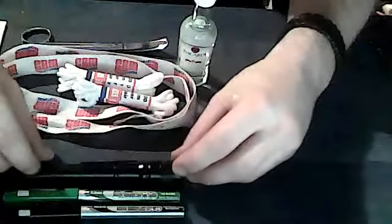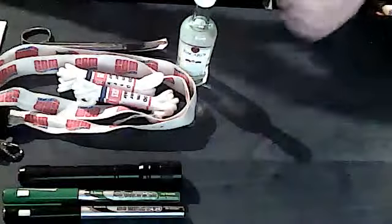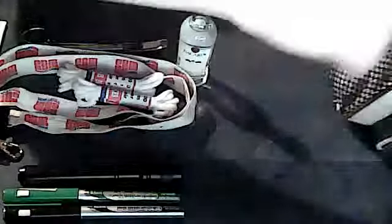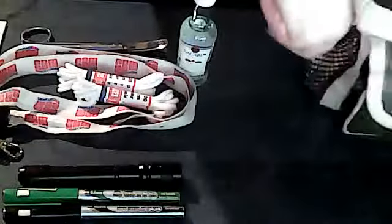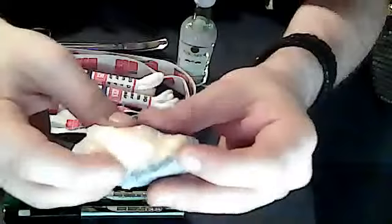AAA, which is good because I talked about my survival bug out bag, bug out belt, everything in there is AAA. And I use lithium batteries because I hear they're the way to go. And also a tiny piece of sponge in a little biodegradable baggie. It's not sterile, but you can use it to stop some bleeding. In a worst case scenario, you can stuff it in a gunshot wound, although I wouldn't recommend it because this stuff